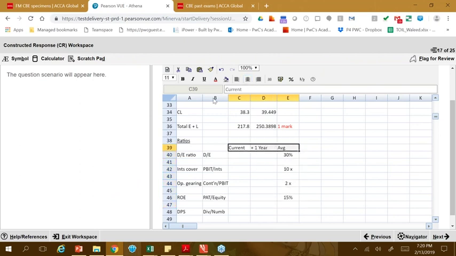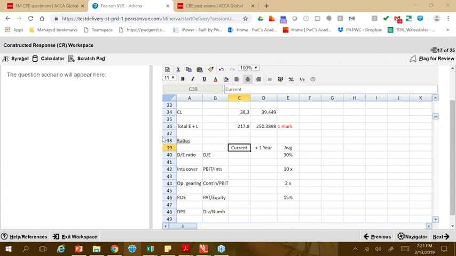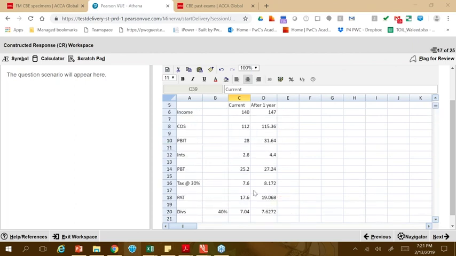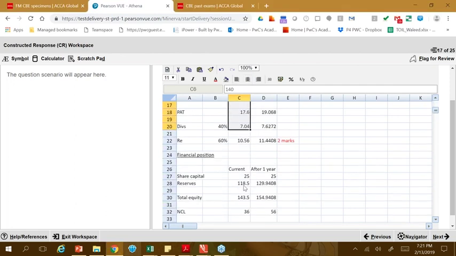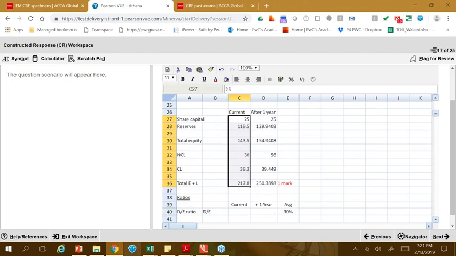Can you tell me that when I'm going to compute the current ratios, which data I'm going to use? Yes, the current data, which is either given in the question or the one which we have used here. So all this data, we can use to do these current ratios. So focus on this data now.